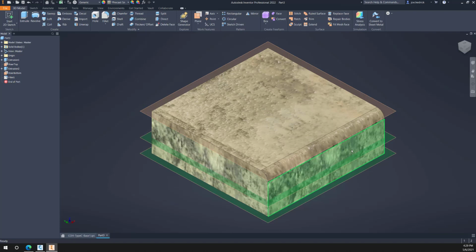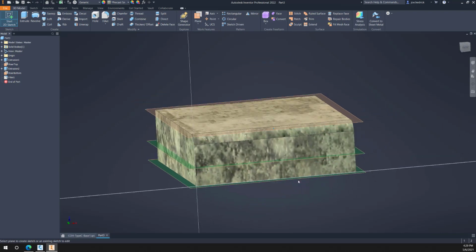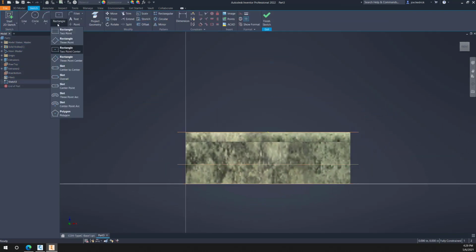And now the next thing we need to do is start a sketch on this front plane. So we'll start a sketch on this. Let's draw a rectangle. And what I'm going to do is kind of lock and constrain this to the inside of the wall thickness. So I'm going to call this curb opening. Oops, let's try that again. Yeah, so we're going to call this curb opening length